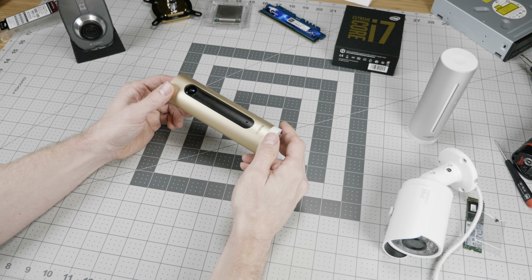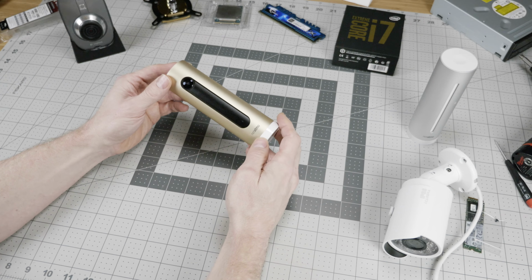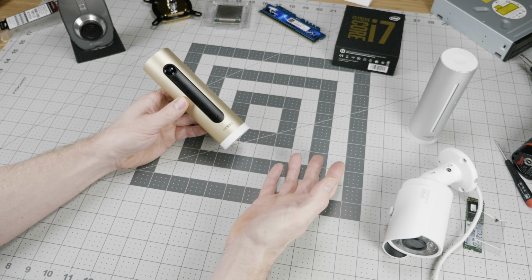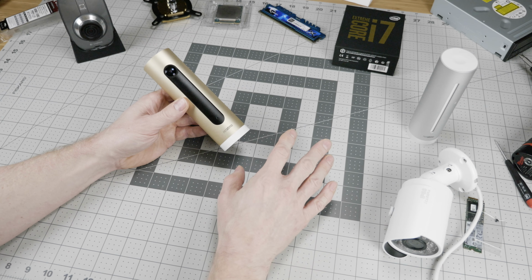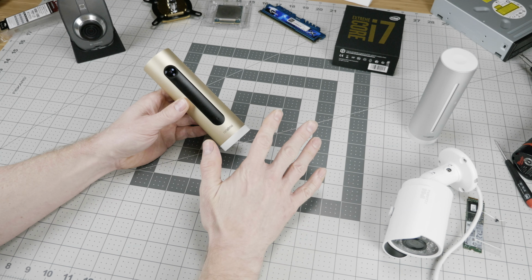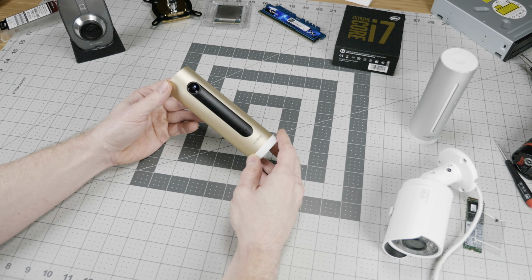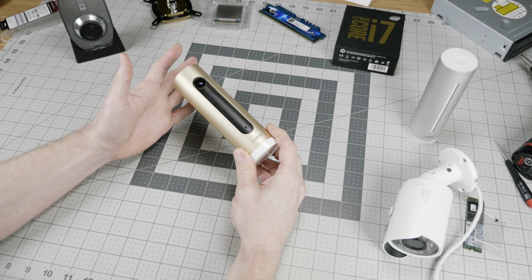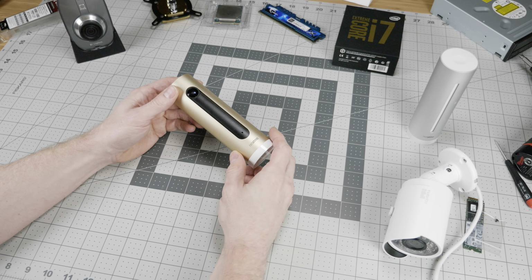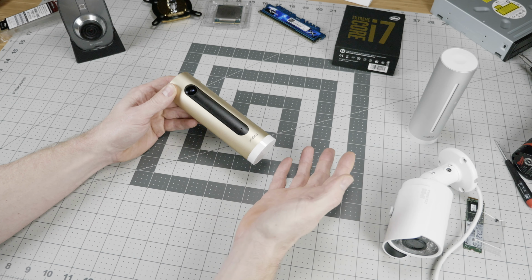I'm not going to show you the app and the web features of this because this has been covered in Netatmo's videos, and it all works just fine doing the intended task. The flaw, if this device can be said to have a major flaw, is in the face recognition. And I think that is something that is not a problem with this particular device, but a problem with face recognition in general. The big selling point is that the Netatmo Welcome will see your family members' faces when they